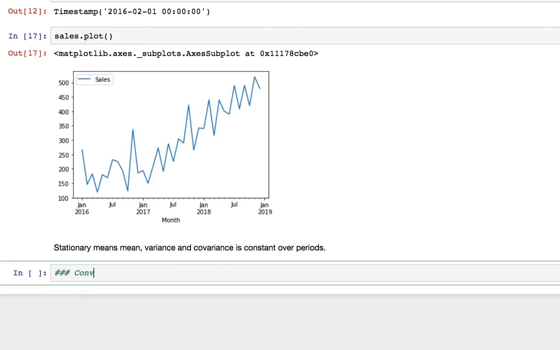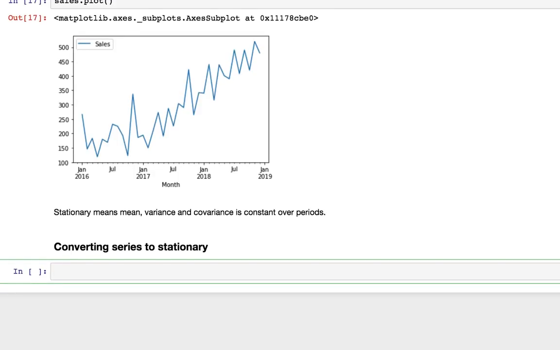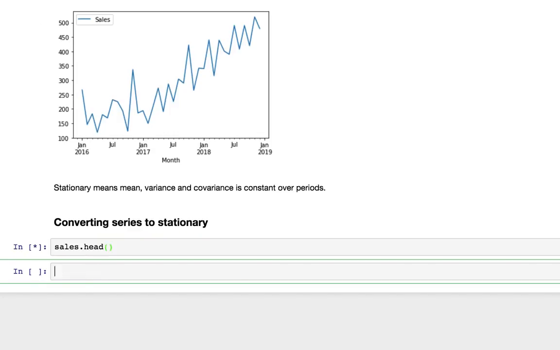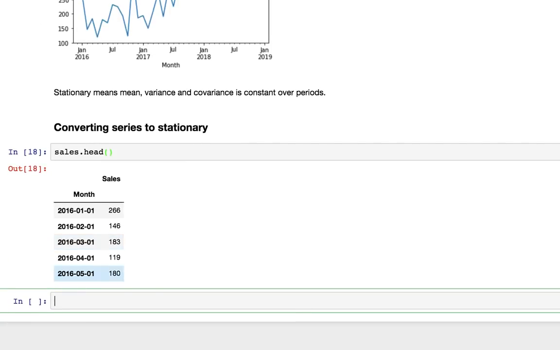Converting series to stationary. Again, as we have discussed in the previous session, we will take a difference of the series. What is difference of a series? Difference is nothing but taking consecutive values, finding a difference, and making that a series. For example, the new series I'm forming will be a difference of this minus this, and this minus this, and